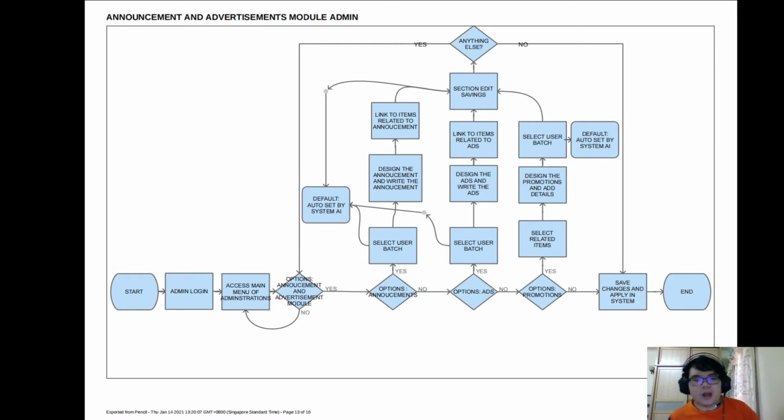Now, announcement and advertisement modules. This is the admin part, which will allow admins to change, to put up announcements, ads, and promotions. Again, announcements and ads will select a batch of users that are linked to this, and